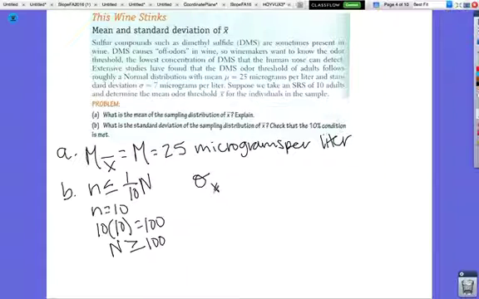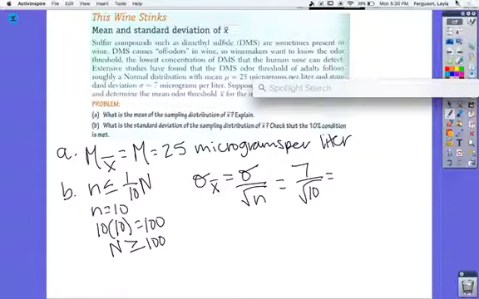All right, then we have to think about the standard deviation. So we're finding the standard deviation of X bar, and we're going to use the formula, which we know is sigma over the square root of n. Sigma represents the standard deviation for the entire population, which is 7. So we would have 7 over the square root of our simple random sample size, which is 10. So 7 over the square root of 10. If you were to do that on a calculator,